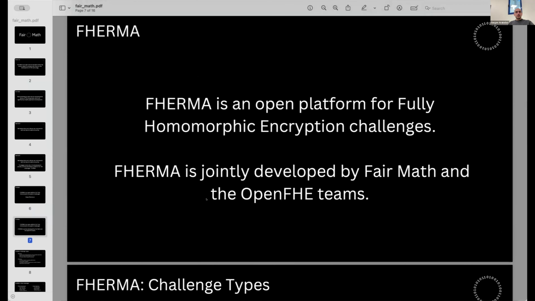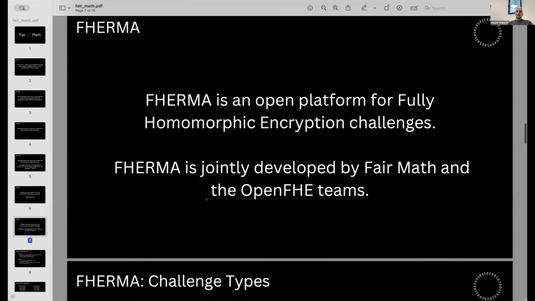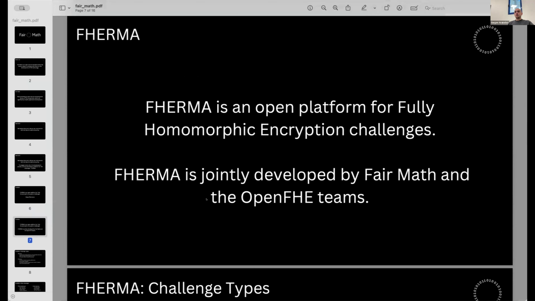We developed it as a joint project with the OpenFHE team, and the first version of the platform supported only the OpenFHE library. But we are going to extend the supported libraries, and our next challenges will support not only OpenFHE, but at least the Lattigo library.